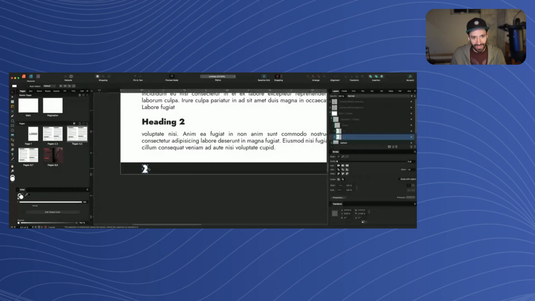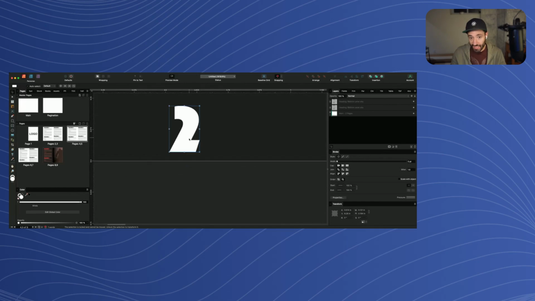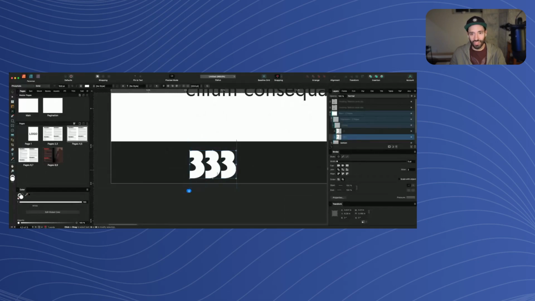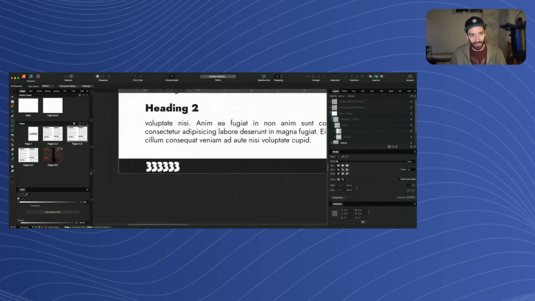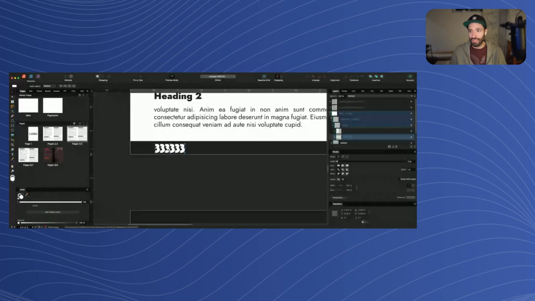So you see those little X's? Those X's are telling me that this is part of a master page layer. So if I edit this, I'm actually editing it only for this actual page. But you don't really want to do that, because you're going to break the link between your master page and page. So usually, when you see those X's, don't modify it. Because if I change it here, I'm only changing it for this page, and if I scroll down, it won't be affected here. And the problem then is that, on the right side here, it's hard to see, but there are little green and black dots, and it says that this layer is not linked to the